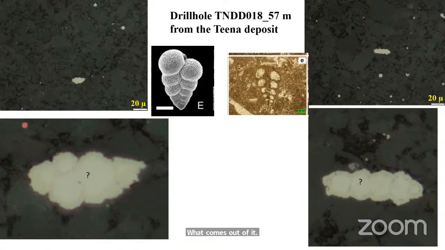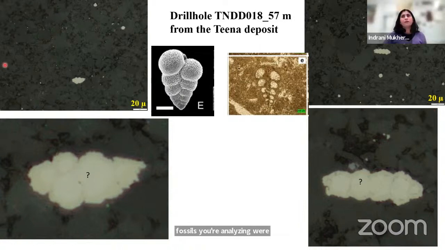Great. I saw that Paul also asked what the age of the fossils you were analyzing were. I think they're Devonian, the ammonites at least, but my other fossils are Proterozoic. The ones from the MacArthur Basin are Proterozoic. The ones from the Georgina Basin are Cambrian. So they're kind of all over the place.